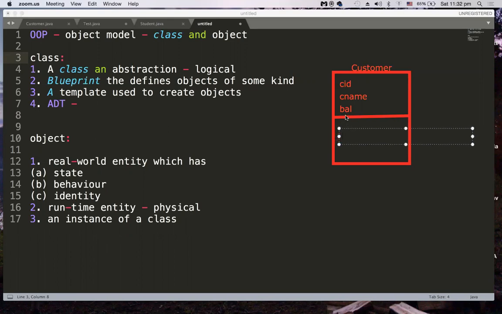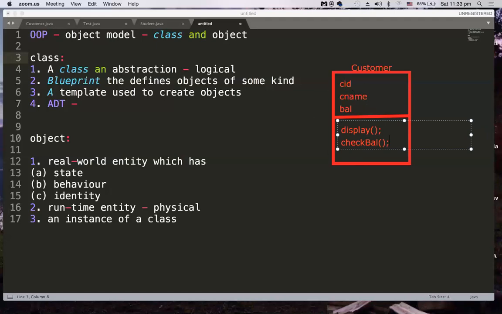So what will the methods do in a class? The methods act on the data members. Then some behavior is exhibited. That behavior will be the implementation that we write as part of the methods. I have three members as of now here, so I want to display all those data. So I have a behavior display, and then some behavior to check the balance which is available. So check balance, and so on.